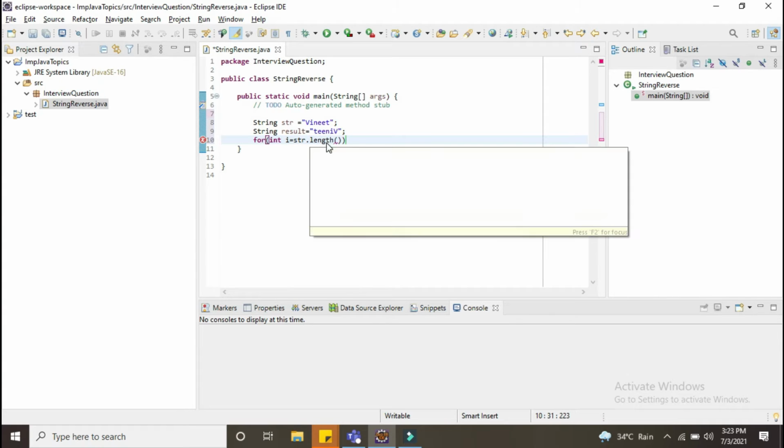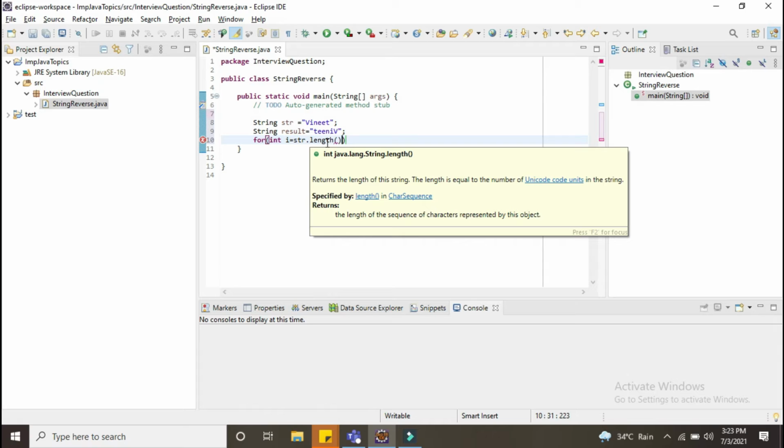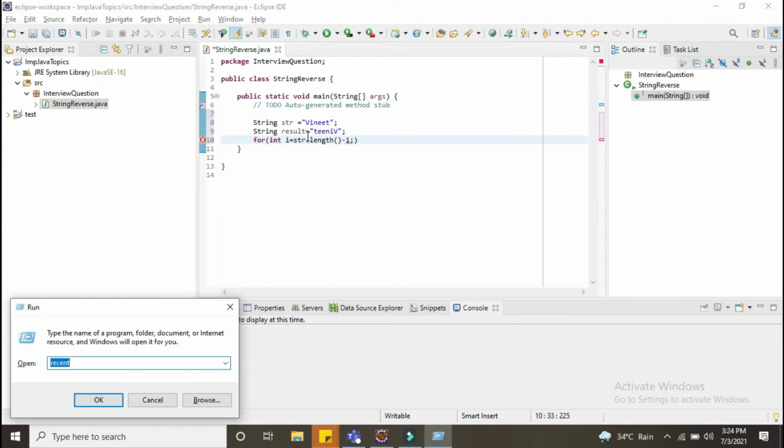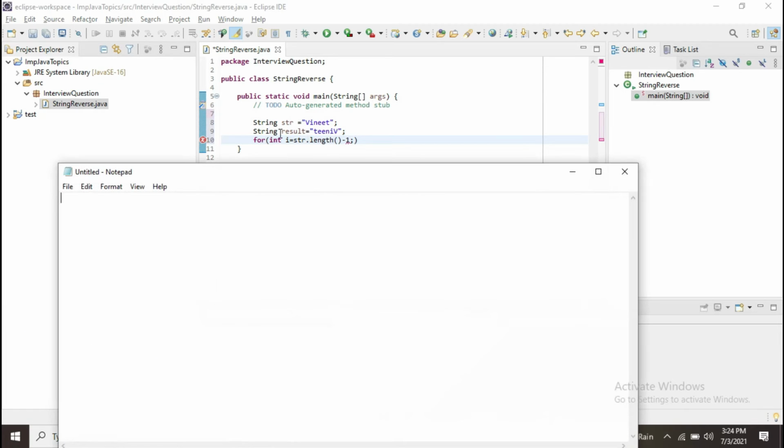And now see, we can proceed with this also, but we have to do it minus 1. The reason for this, let me open a notepad. See, this is Vineet. What I was saying is that the number of characters we have here is 6.